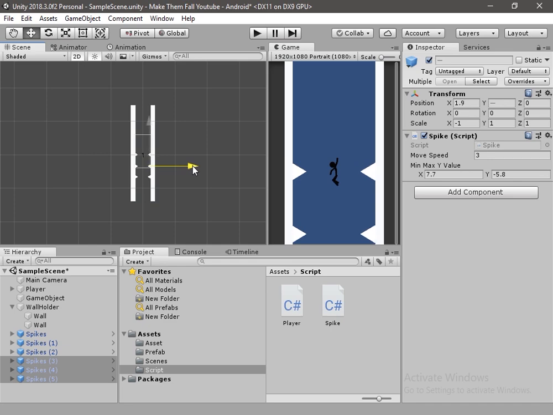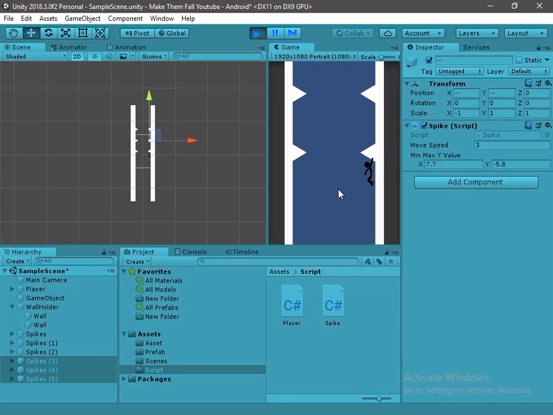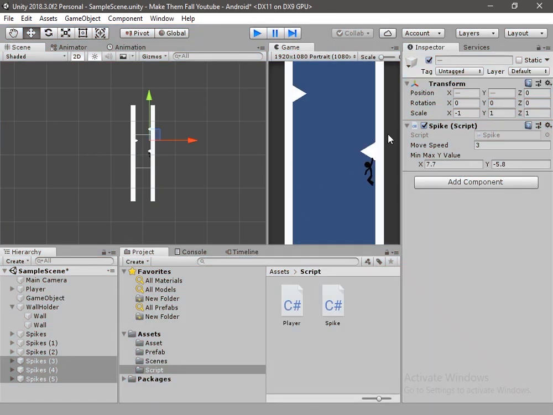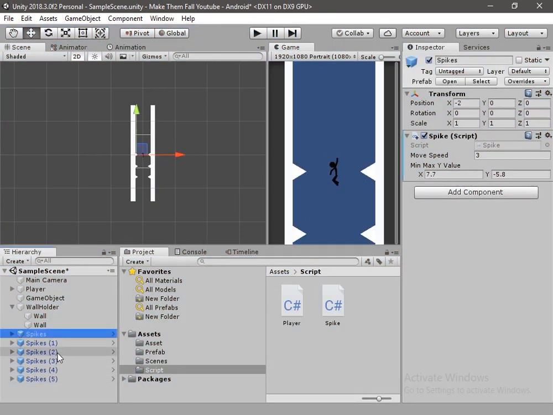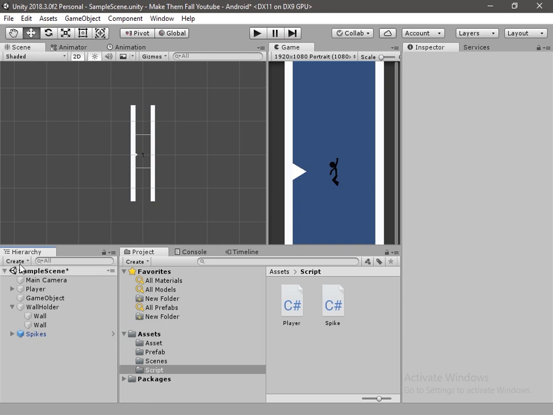Now let's try to run this application. Now the spike is moving upward, and when it reaches a certain point it will move down. Now this gives an illusion that the player is falling down, and in reality player is not moving down, spikes are moving up. And now let's delete these test game objects and create a game object that will hold the